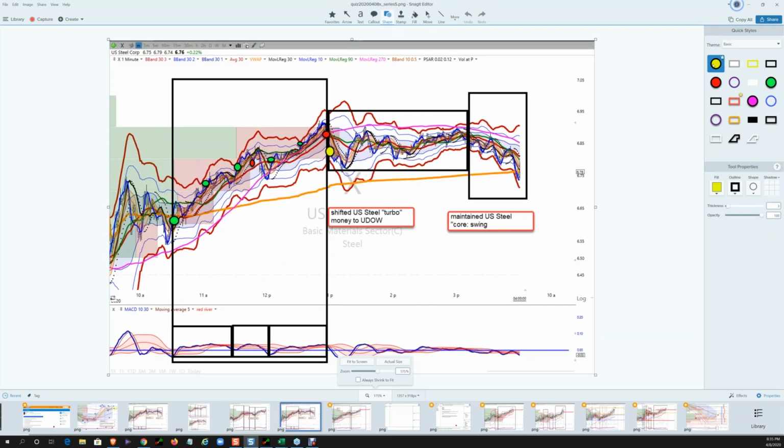So this is kind of the life cycle. Now what I want to do is, this is where we're talking about core and turbo and adapting to multiple time frames of what's going on. So all day, you know, the VWAP from yesterday was down here and then raised up to here on the open, and then has, during this climb, the VWAP was rising on pretty good volume, and it stayed that way all the way during the day. This was the point of maximum excursion. So our exit up here, going into lunch at 1 o'clock, when the PSAR happened and the RL270 happened,